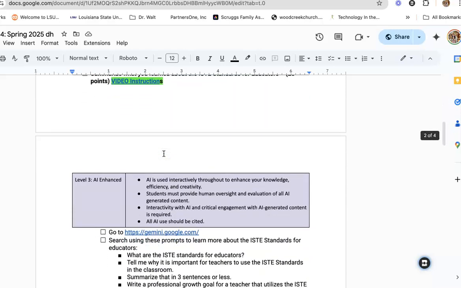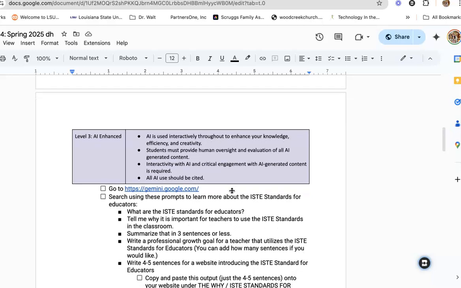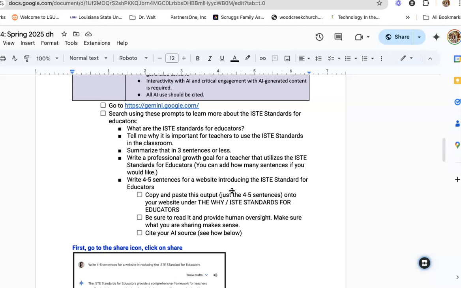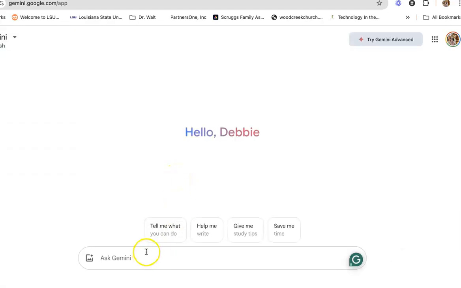The next activity you will do will be our Level 3 of AI Enhanced. That means that we're going to actually integrate and interact thoroughly with AI on the topic. We're going to ask questions, and at the end, all AI should be cited. So what you're going to do is go to Gemini.google.com, and it's going to come up, hello, Debbie. So the first question that you're going to ask is,